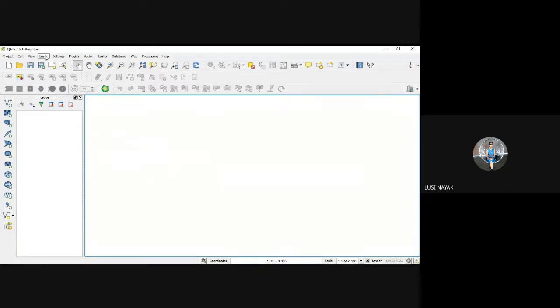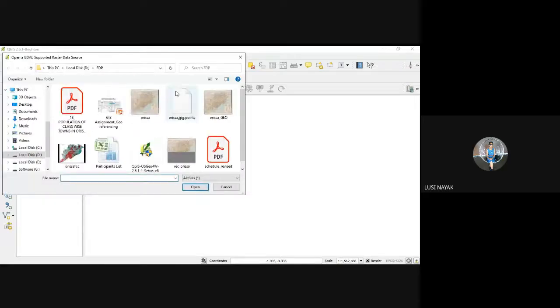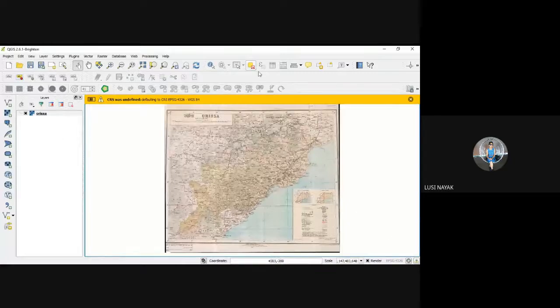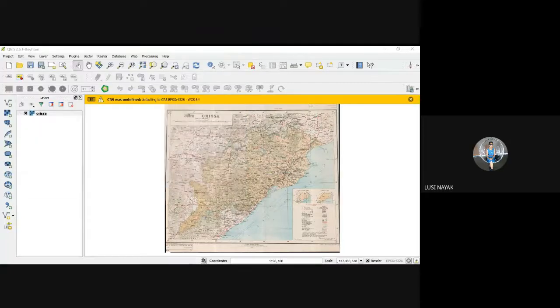Go to the Layer menu, then Add Layer and Add Raster Layer. Then go to your folder and add your Odisha map. Raster, Georeferencer, add your map, open.